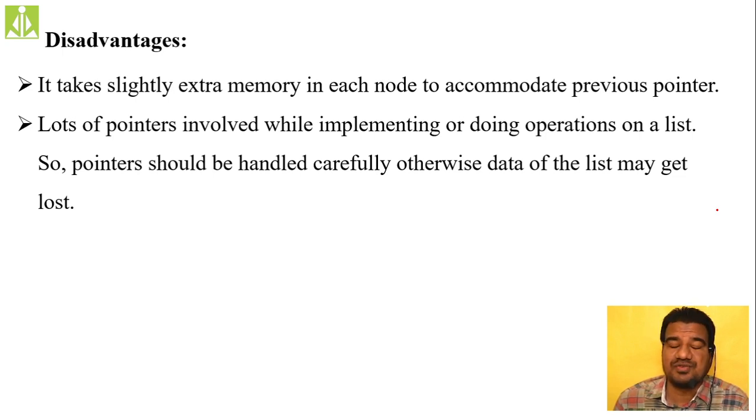Your doubly linked list will consume one extra pointer. That is not the only one, but also as we are dealing with a lot of pointers, both forward and reverse, and pointing the last node to the head node and the head node to the last node, all the pointers must be handled with extra care, isn't it? We have to handle all those pointers with extra care.